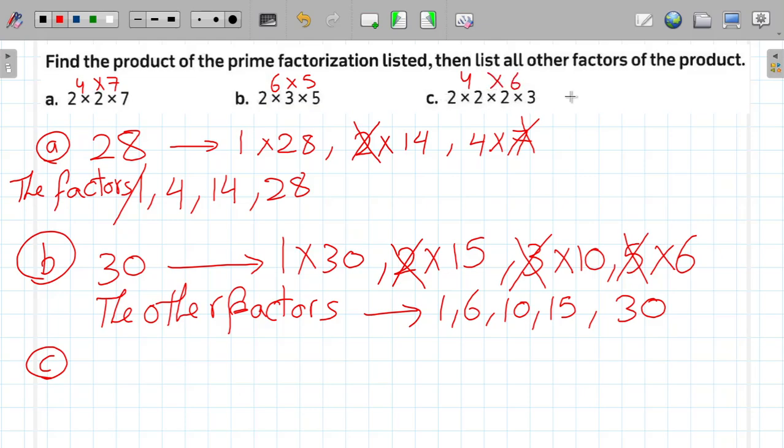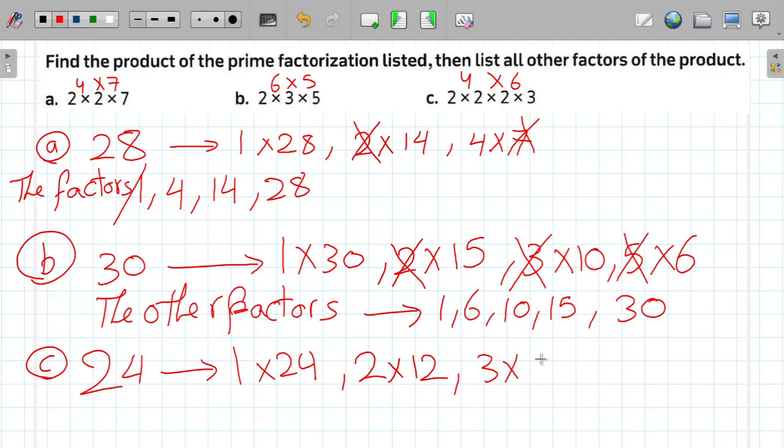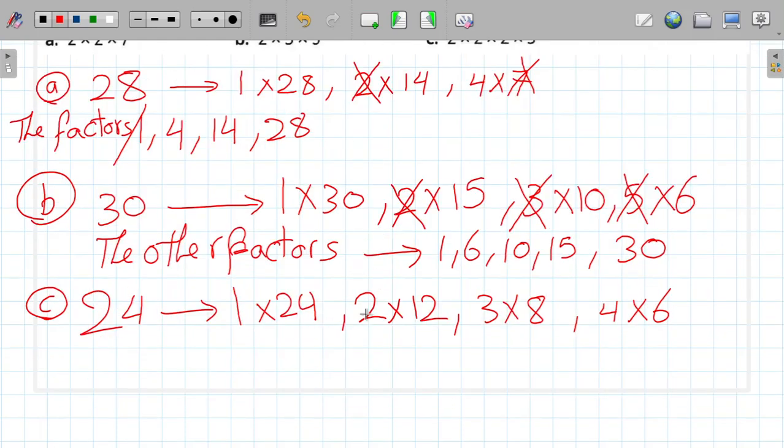So 4 by 6 is 24. Okay, so I wanted to find the factors of 24. So I have first 1 by 24, and 2 by 12, and 3 by 8, and 4 by 6. Okay, so I will delete the prime factors. I have 2 and 3. Okay, so the other factors are